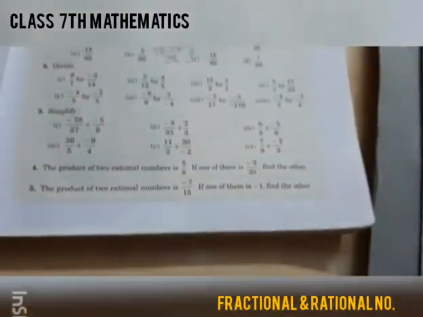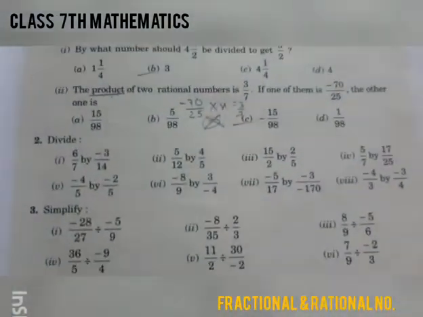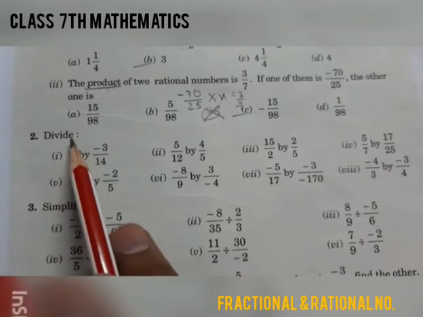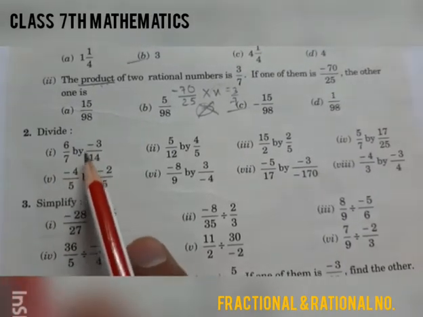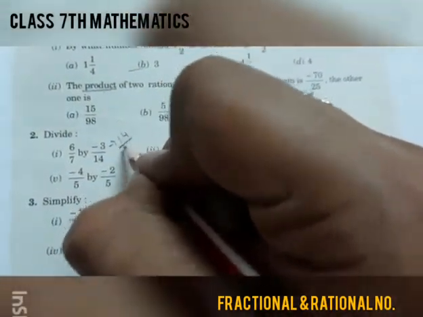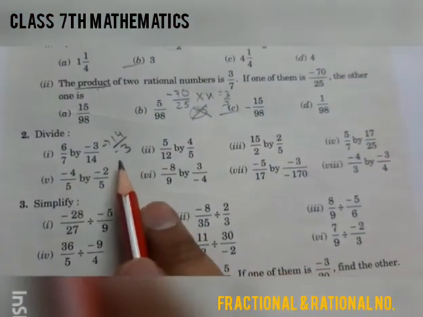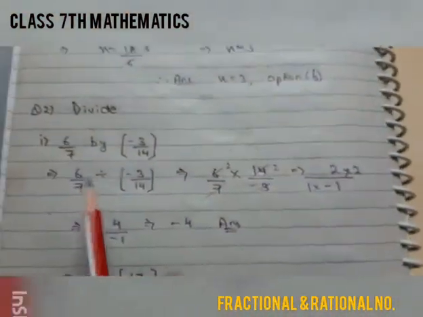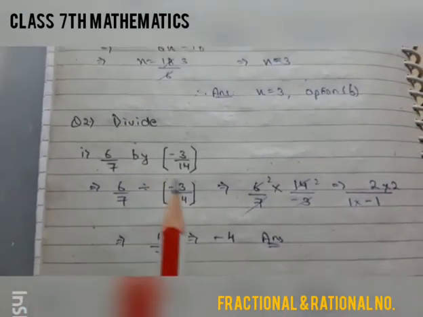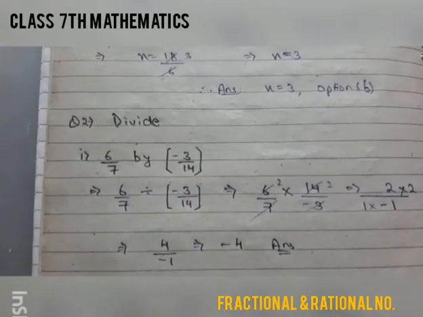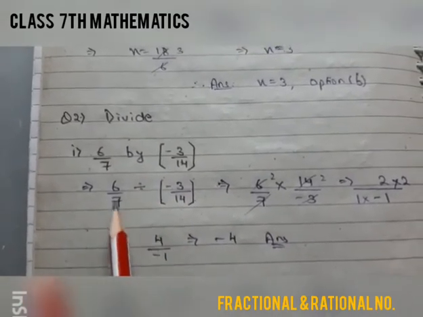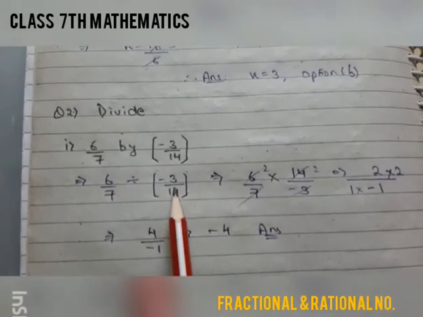Now same thing we will apply here. 6 upon 7 by minus 3 upon 14. What we will do? Multiply the first rational number into the reciprocal of the second rational number. Now what will be the reciprocal of minus 3 upon 14? 14 upon minus 3. This will be the reciprocal. So mathematically now we will write it how? We will write 6 upon 7, the first rational number. First write it mathematically. See, by means division. So the mathematical format says that first write everything in the form of proper signs. So first write the question in proper format: 6 upon 7 divided by minus 3 upon 14.